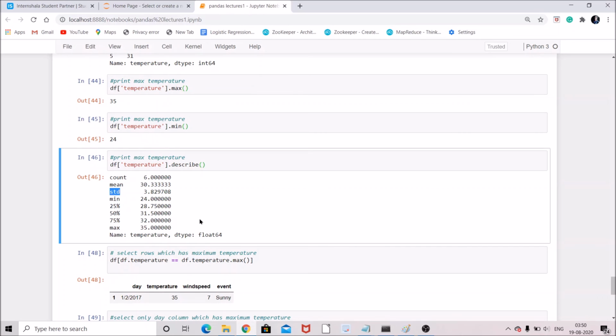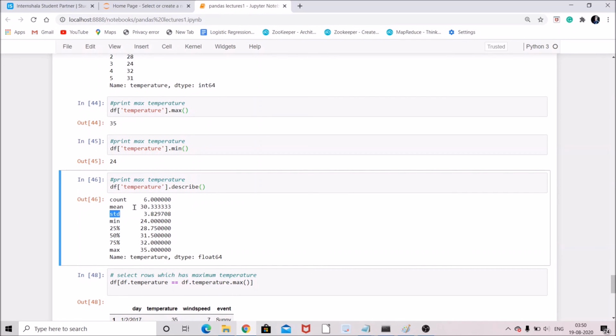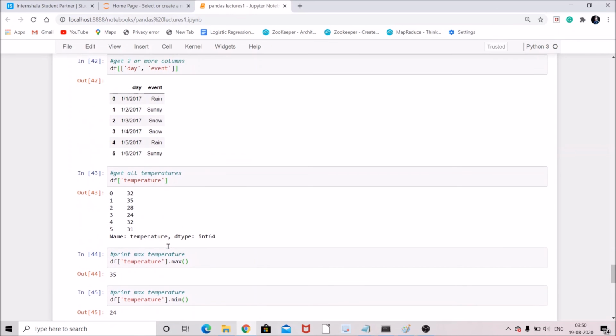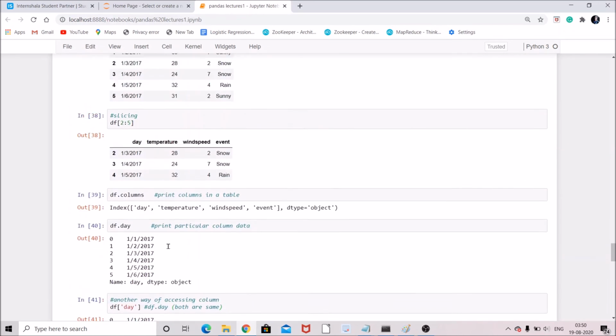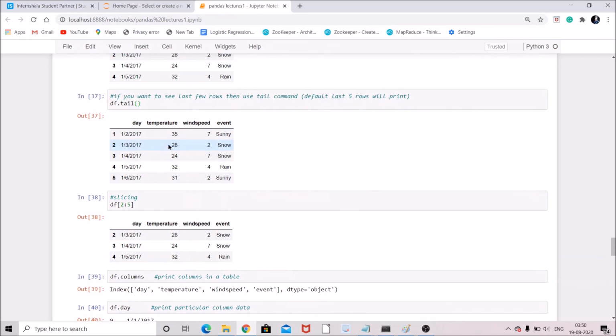Using this function we can see that the mean of this temperature is 30, the standard deviation is 3.8, minimum is 24 and maximum is 35. Here you can also see that the maximum temperature is 35, minimum temperature is 24.